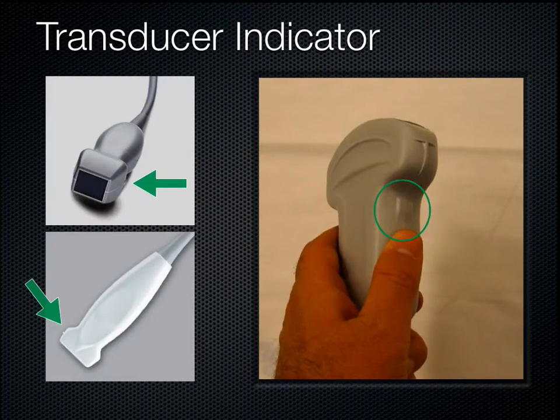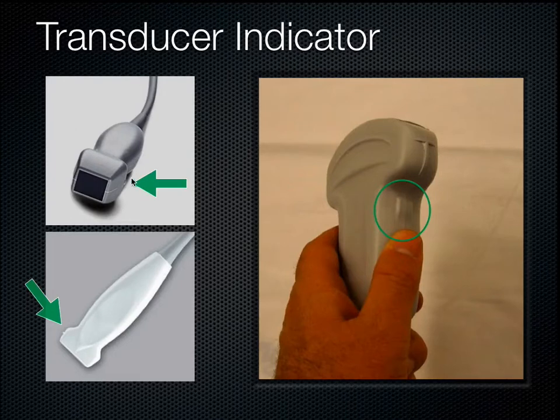I think that if this is confusing to you, the image planes that we're going to talk about here, why is it that when you move the probe one direction, the image has the following effect? Does it go more towards the head, more towards the feet? If this kind of stuff is confusing to you, as it was to me for about 3 months, then I think it's okay to give up on why it's happening and just go for, okay, memorize, you've got to put the indicator towards the patient's head, and you stick the probe here on the body, and then, okay, there's the kidney, there's the liver, good to go. Over time, it will dawn on you why you're getting the image that you're getting. And so just to sort of clarify here,